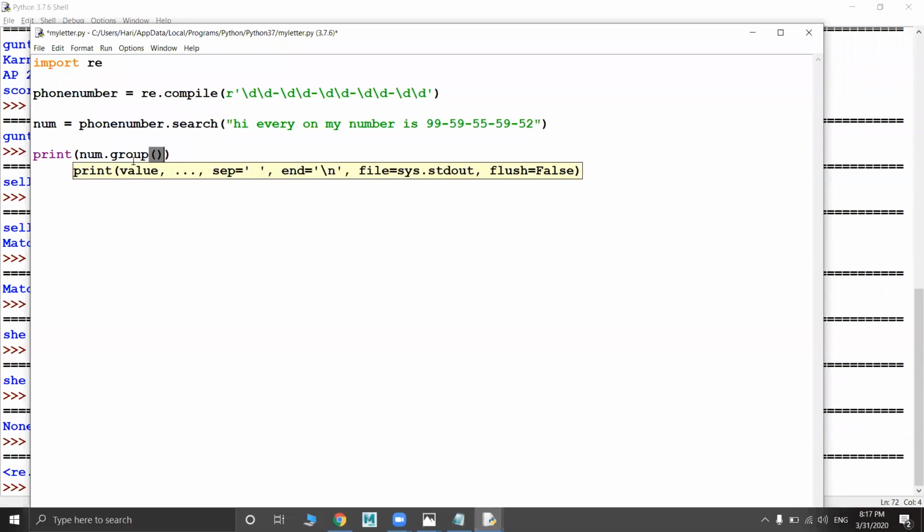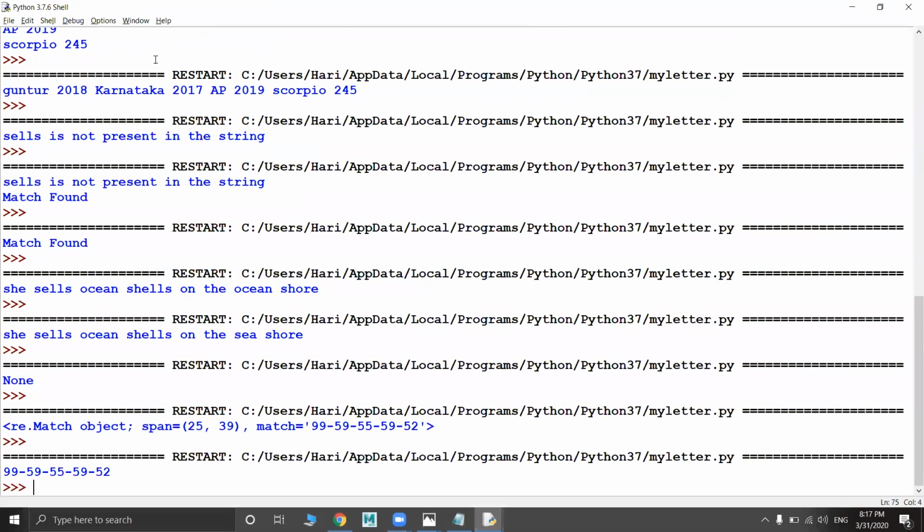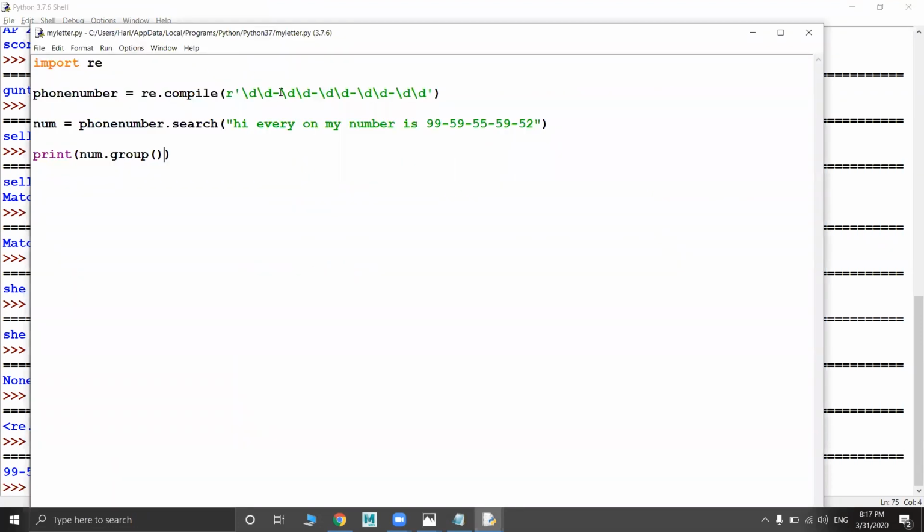By using this group, it will display the exact output. See, you got only the number. Here also it is checking with the pattern match only. In the regular way, we write with spaces, right? So I will remove the spaces here.